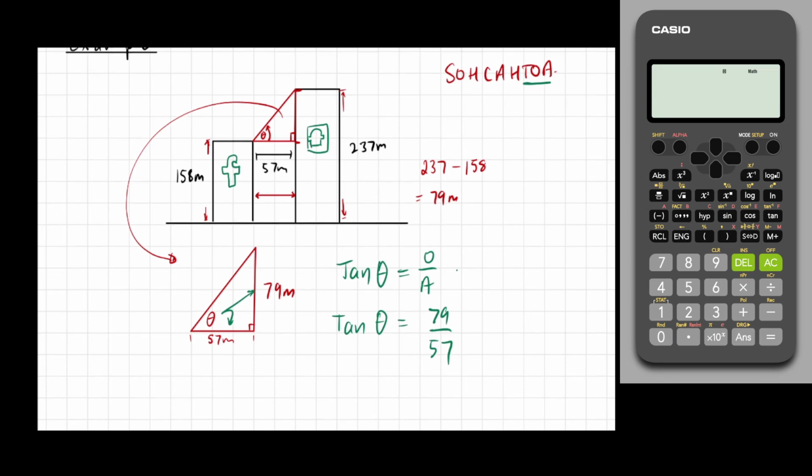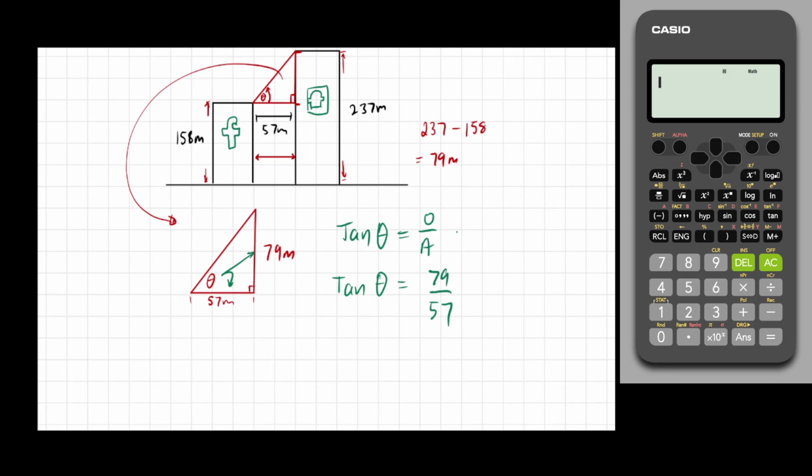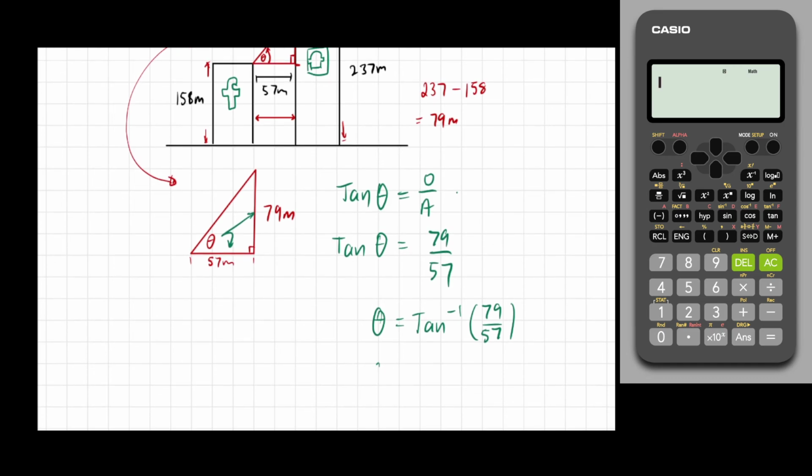Now remember, when we go to solve this problem, we need to get the unknown angle by itself. To do that, we use this inverse tan notation. We must use this inverse tan notation. And once we've done that, we just pop it into our calculator. So if I go over here and have a look, I do shift and tan to get that -1, because that's how we moved it across to the other side. I'm going to put 79 over 57, and hopefully this works. Hopefully I'm in degrees, I am, and we get an angle of